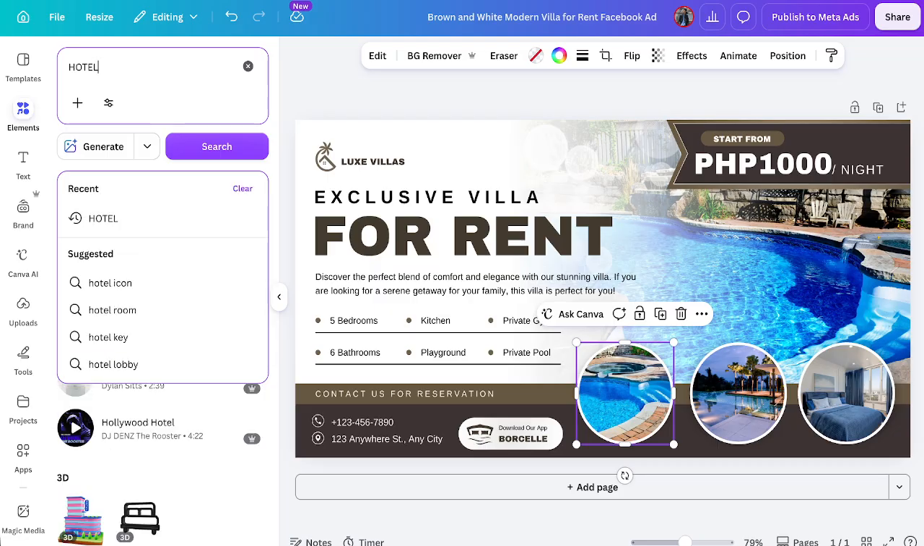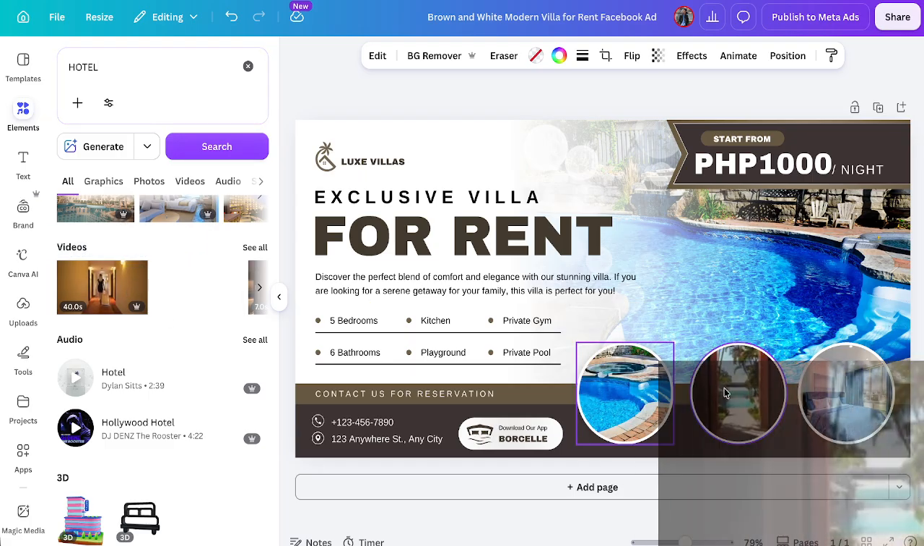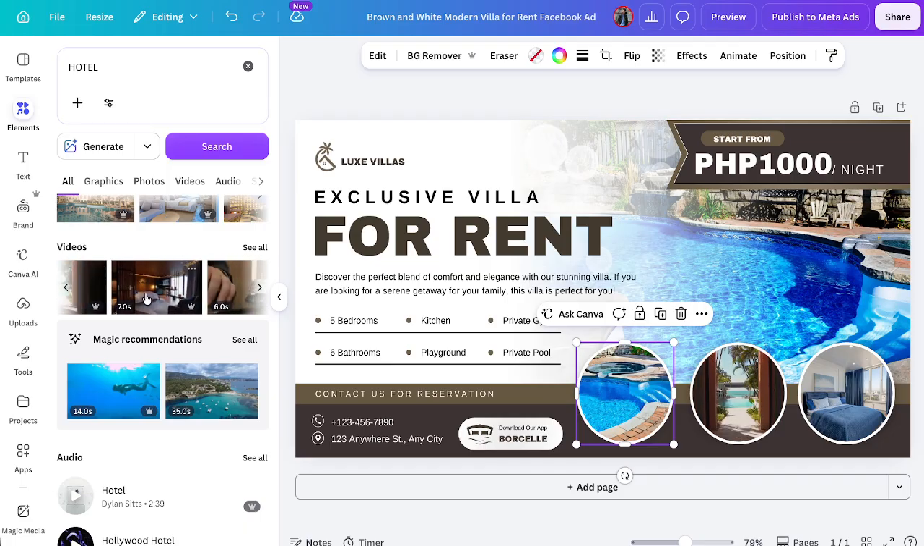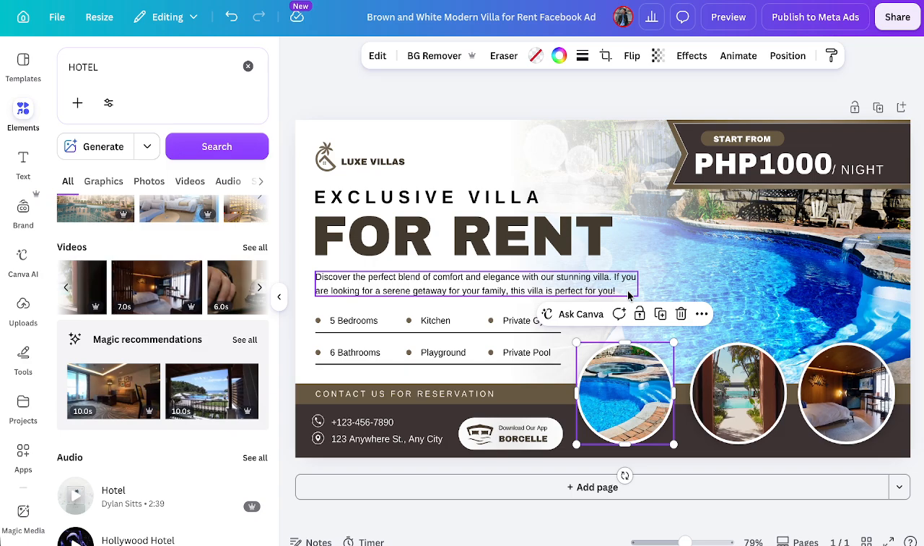Say you have another business like a hotel. You can also put it here. There we go. So that's how you make a wonderful Facebook ad post,